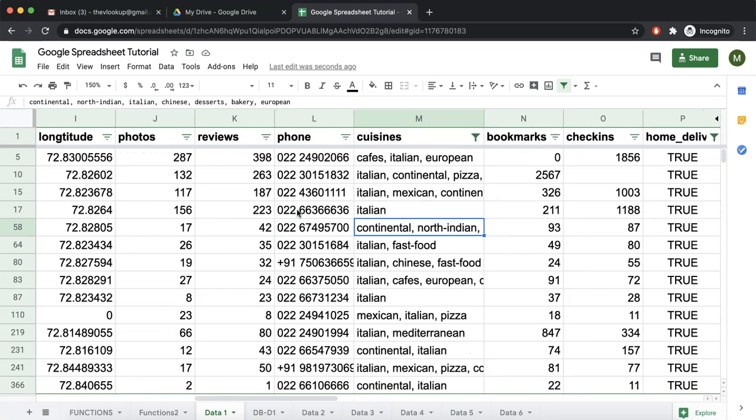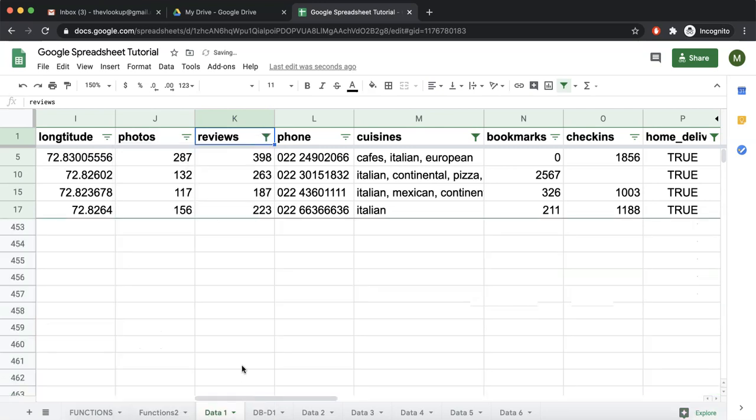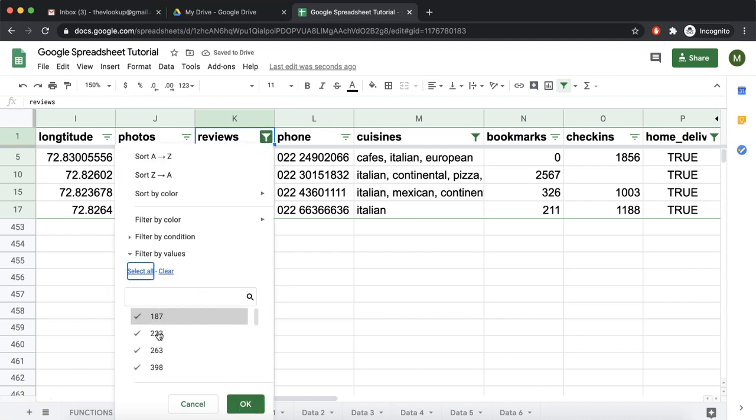If you want to play with numbers, let's say we want those which have more than 100 reviews. So we click on filter. One way you can do it is you clear everything and then you select everything that is more than 100. This can also be done. So all the reviews now we see are more than 100. But this is not a good way. For example, you have 5,000 data.